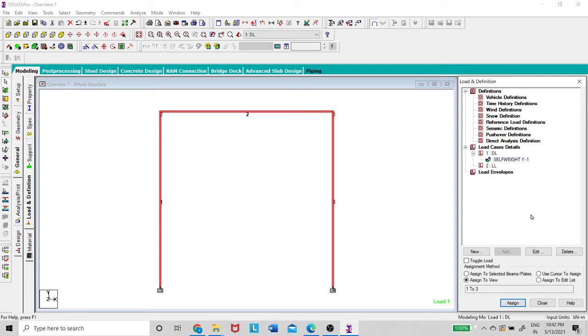So assign. Okay. So after assigning, immediately the red question mark will go away, and the green color comes in. Okay. So that shows it is assigned, and automatically the 3 members are highlighted. So that means it is assigned. Okay. So after assigning the dead load,